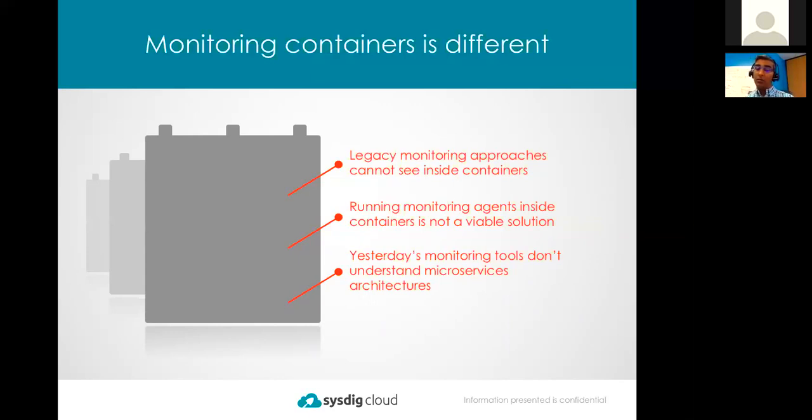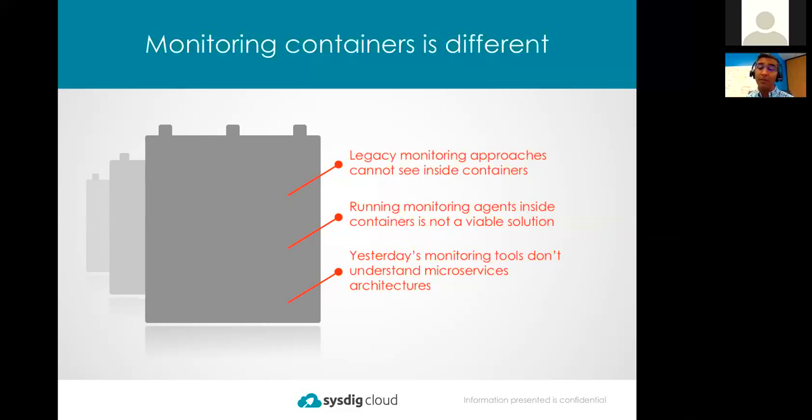Now, one obvious solution might be, let's run the monitoring agent inside the container. On the surface that seems like a quick, easy fix, but it actually breaks the model of Docker. Docker's architectural model is designed around process isolation. Making each container as lightweight as possible gives it fewer dependencies and makes it more portable. If you put an agent inside that container, it is bloated, it's less portable, and has more dependencies.